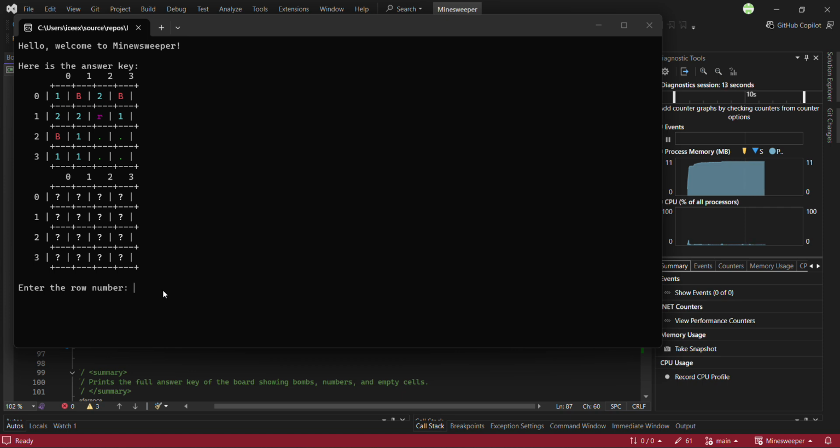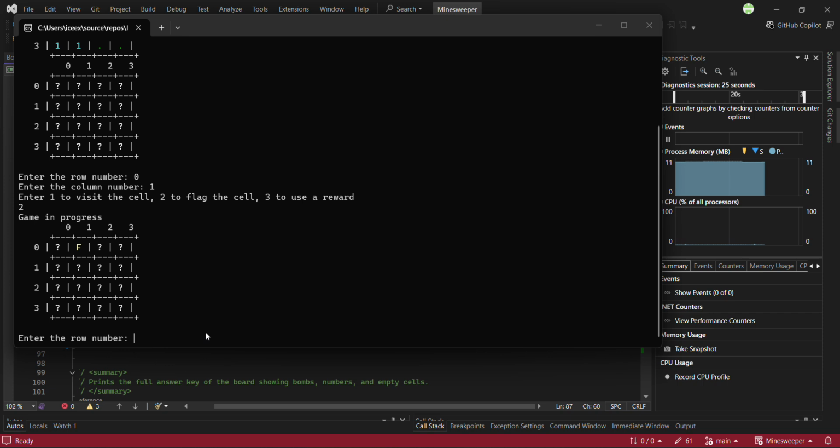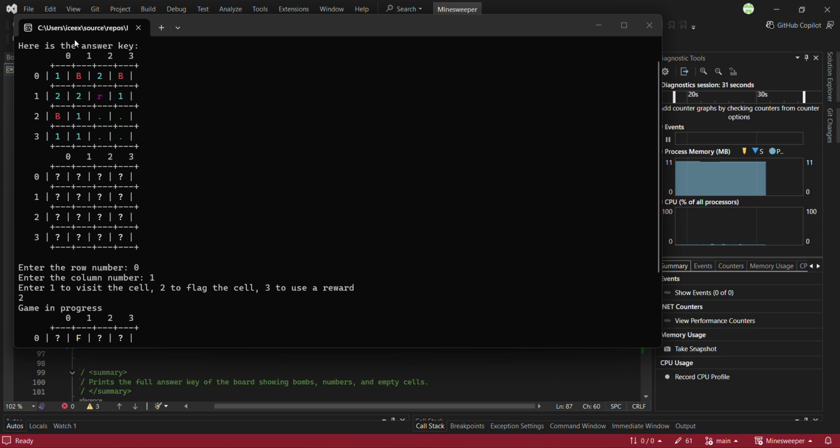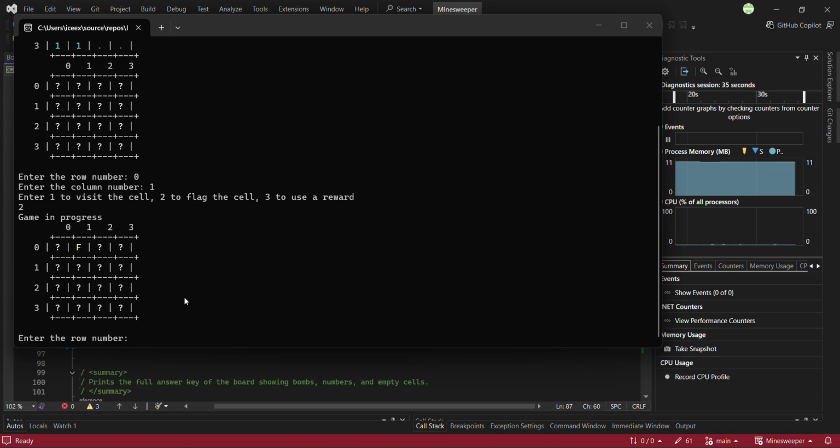Pretty simple. We'll go row 0, and then we'll go 0, 1, and we know that's a bomb because we can see right here. And then we'll flag it. So boom, now we have it flagged. Obviously, we wouldn't know this if we were actually playing, but this is just for the hypothetical. And then if we go to the reward, which is going to be row 1, column 2,